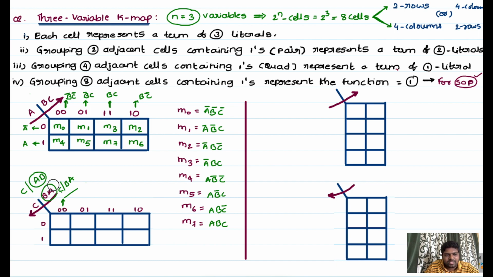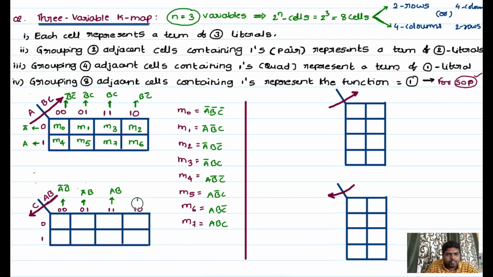Okay, if you take this order, no problem, but in these two variables the first one should be considered as A and the second one should be considered as B. So that is one important thing. Now you can assign A bar, B bar, and this one is A bar, B, and this one is